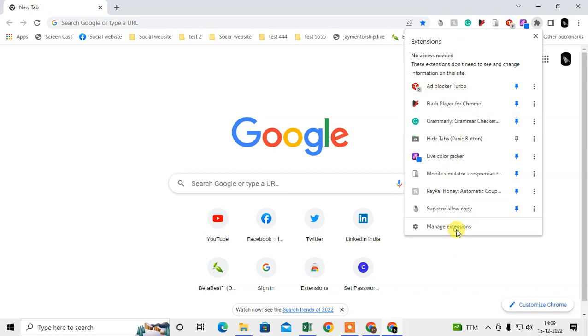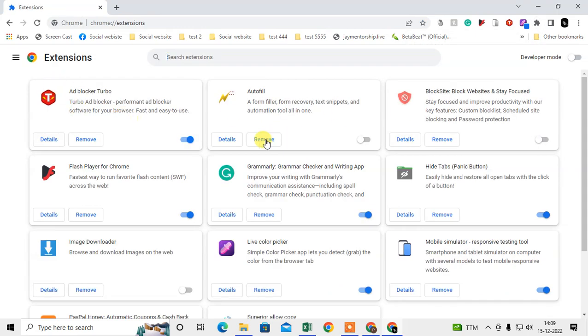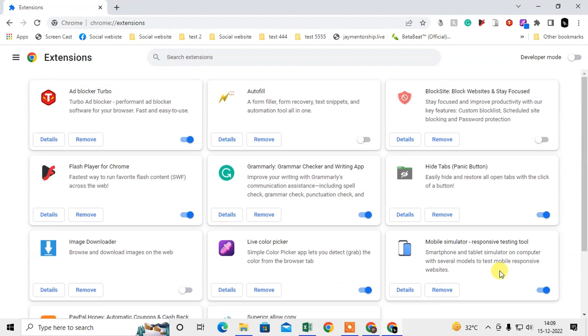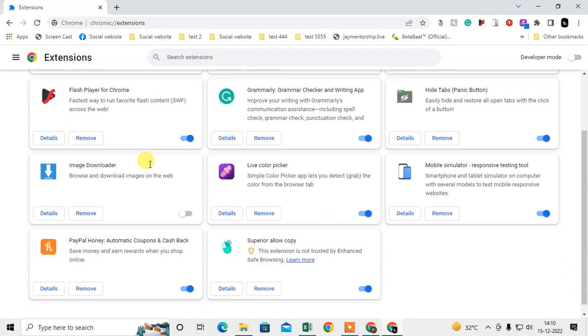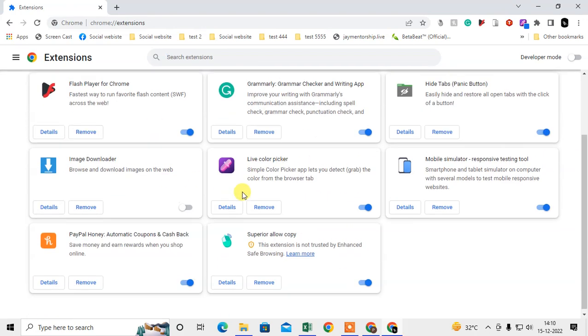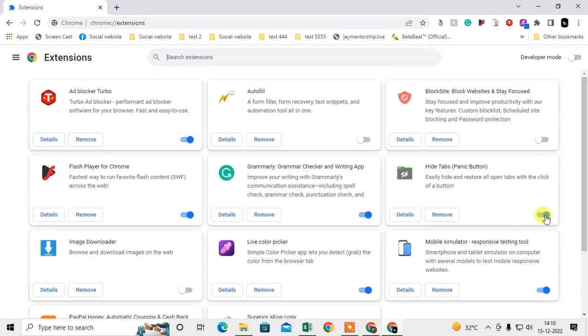When you go to manage extensions, here you can see all your extensions. Find out whether there is any unknown extension you are using. When you visit an unsecure site, they install an unwanted extension on your Chrome browser, and it will send notifications to your Chrome. So just check your extension manager, find any unknown extension, deactivate it and